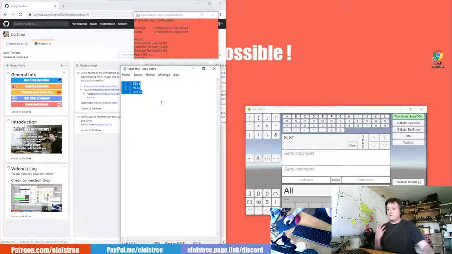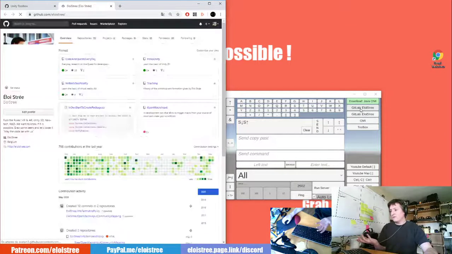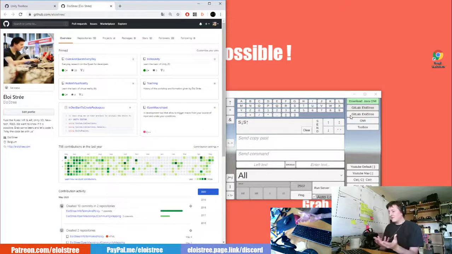If you want to make a lot of other actions, it's just your coding skill that is limiting you. So you can really do crazy stuff with that. I also have another functionality that is really cool: you can open a website from your phone. You can click on your phone and boom, it opens the website.